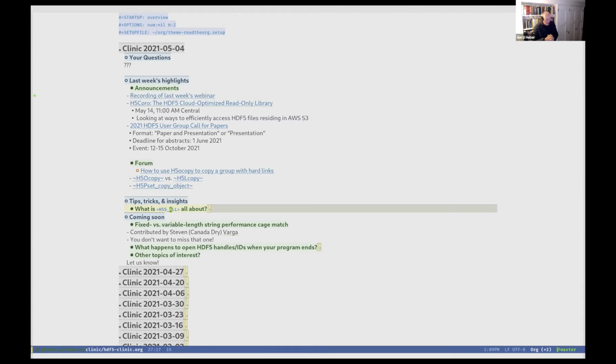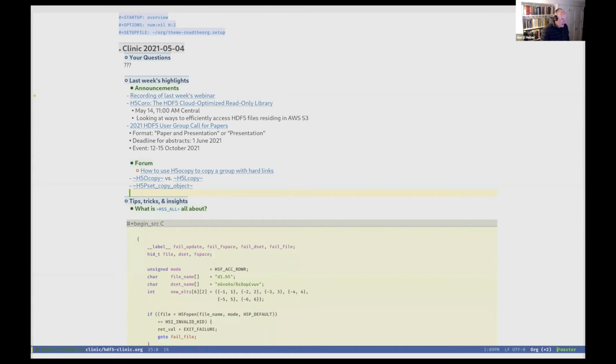So in today's tips, tricks, and insights, I've picked something that looks fairly innocent, but that actually behaves in a way that you may not expect. Certainly when I use it for the first time, it usually works, because you use it in the way it was probably intended, but then you start making assumptions and using it in ways it wasn't intended.